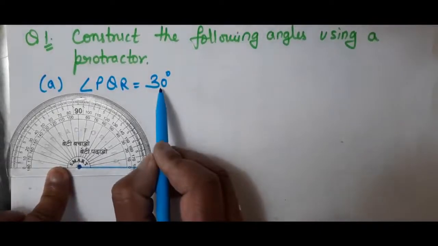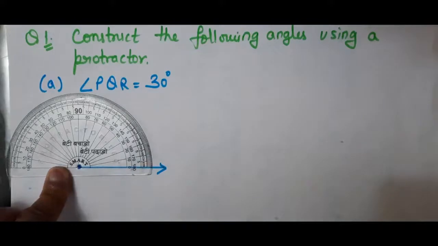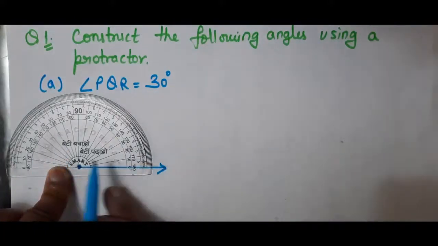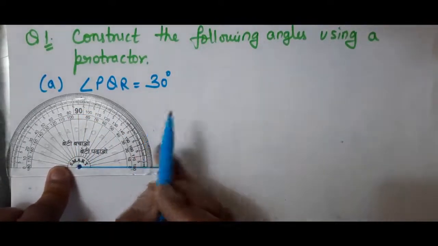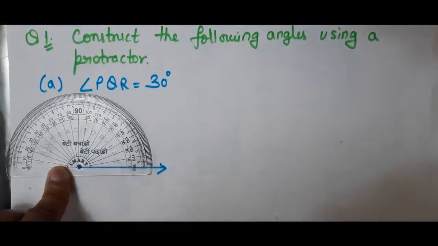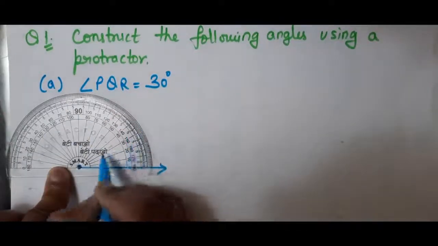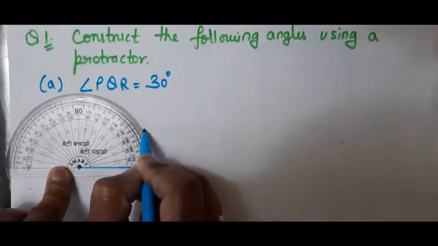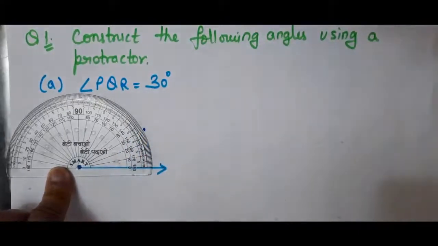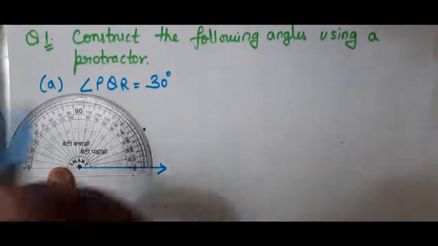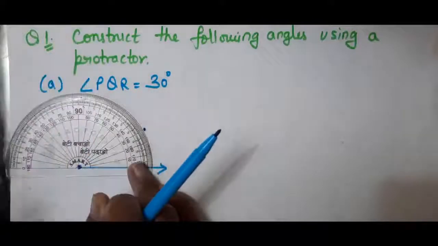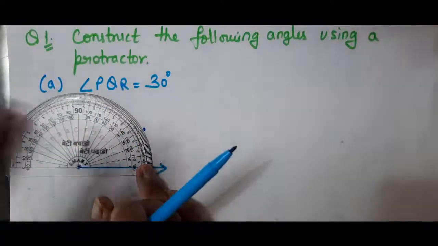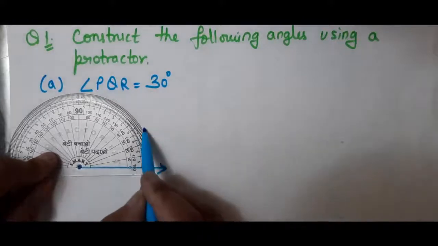Now, as we have to construct an angle of 30 degrees, on the side of this ray we have drawn, angles less than 90 degrees will be drawn, and 30 degrees is less than 90 degrees. So we will draw the 30 degree angle to the side of the ray, right? So we will mark the point for 30 degree measure. If we want to draw an angle of 100 degrees, suppose, 100 degrees is greater than 90 degrees. That will be to the side opposite to this ray, that is to the left side. So we have marked this point.